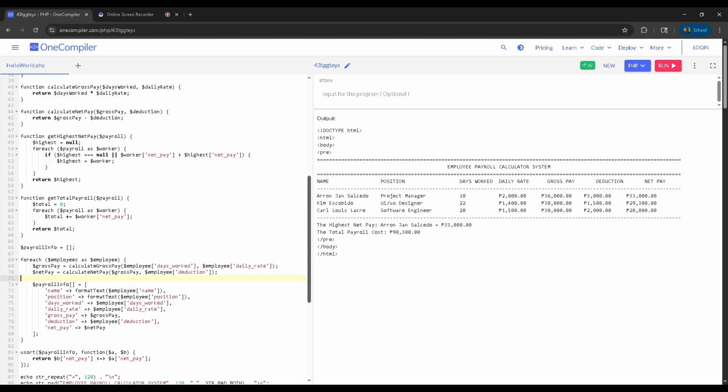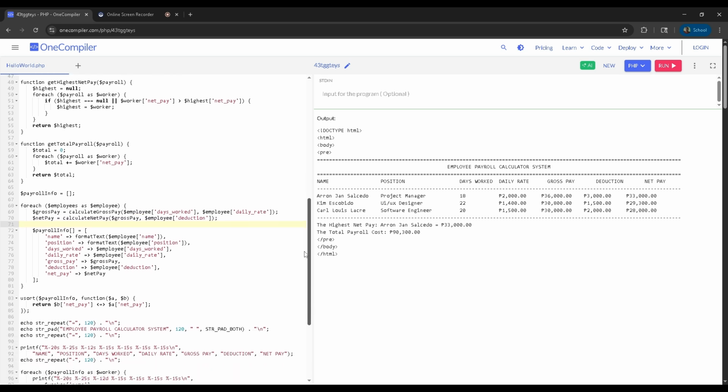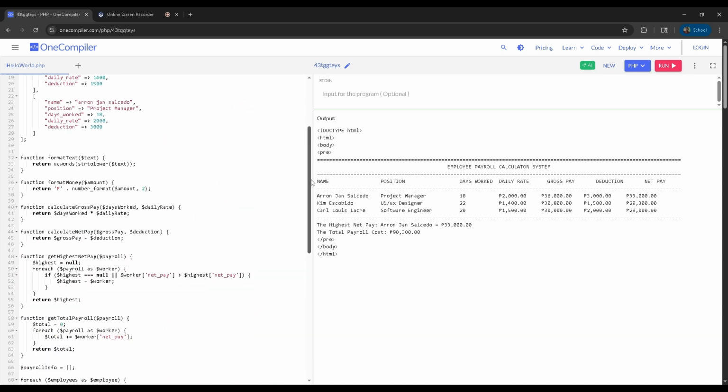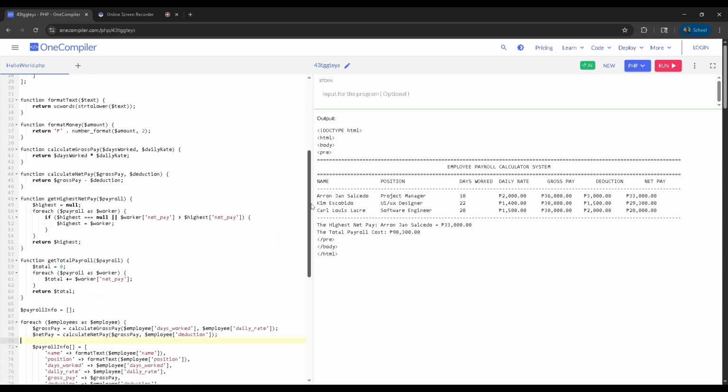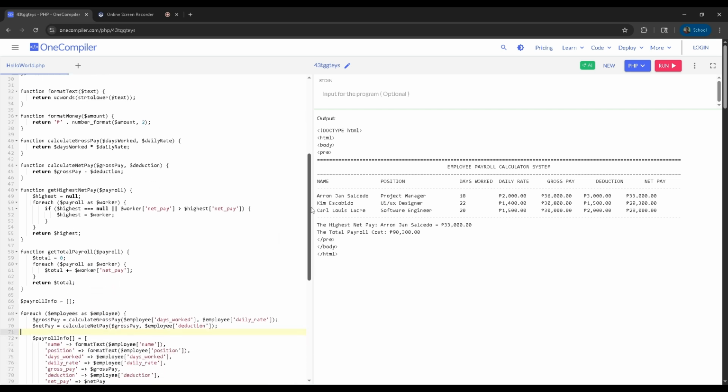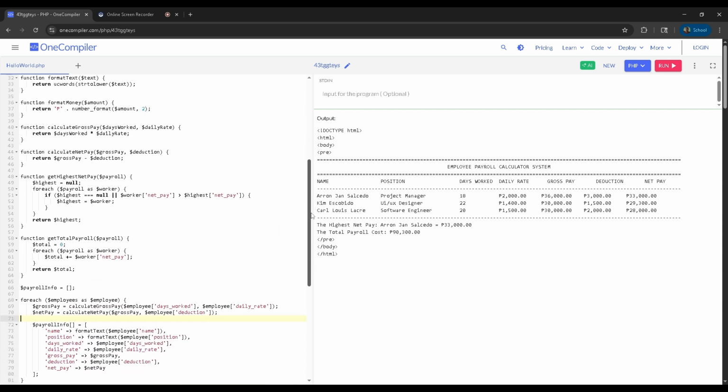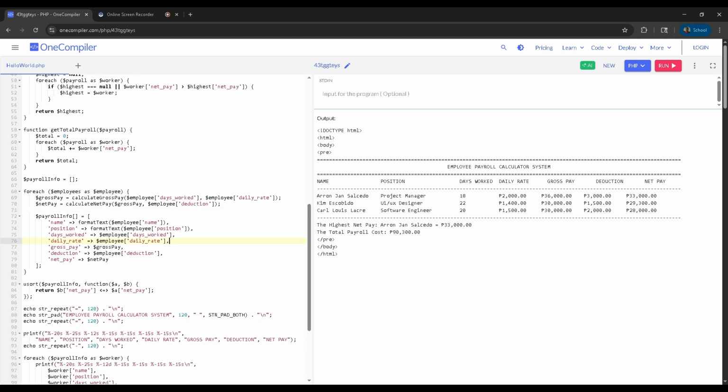So we have here the gross pay and employee, and for the gross pay we have our employee days work and the employee daily rate. For the gross pay it is multiplication, and for the net pay it is subtraction.